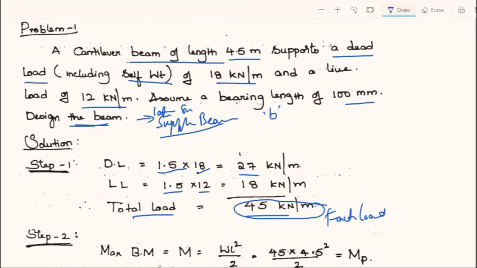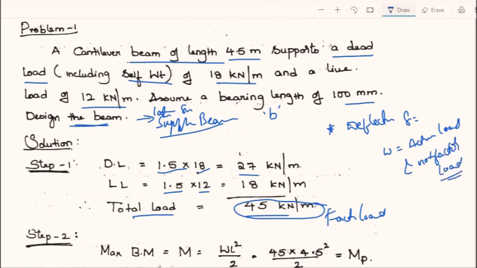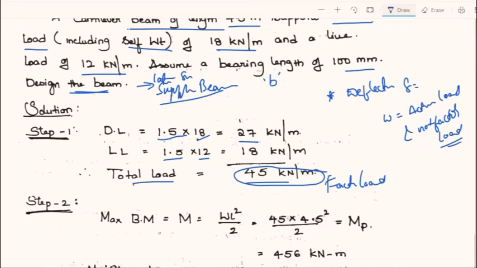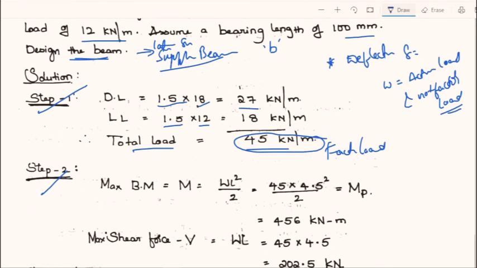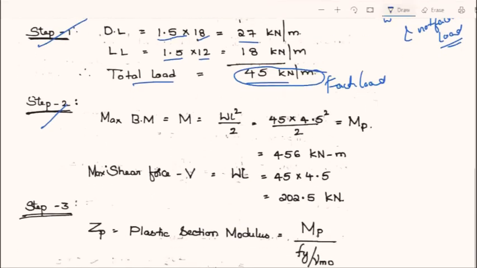But another important point here is, when you calculate deflection delta, the W you have to use is the actual load and not the factored load. Okay, so we will come across that when we calculate that, no problem. So I completed step 1. Now let me go to step 2, that is, find out what is the maximum shear force and bending moment.